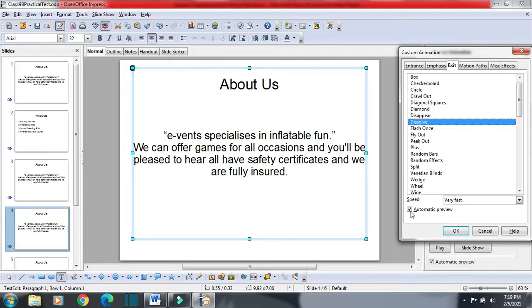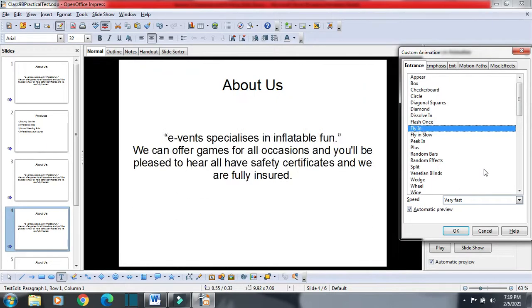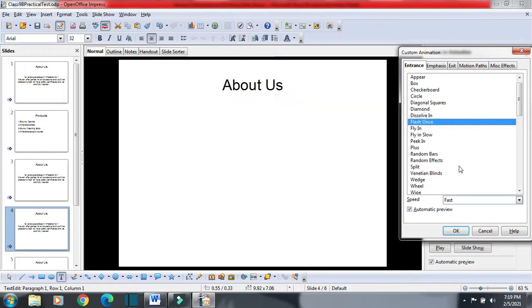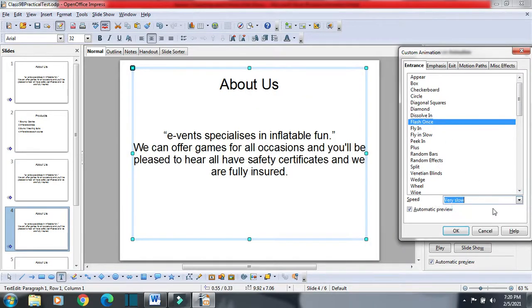Okay, this is an exit effect, how the text will exit, but I want to go for entrance, how it will enter in the slide. So I am going for fly in and I will click on automatic preview, then only I will get the preview. So this is fly in, flash once. I can go for the speed very slow.